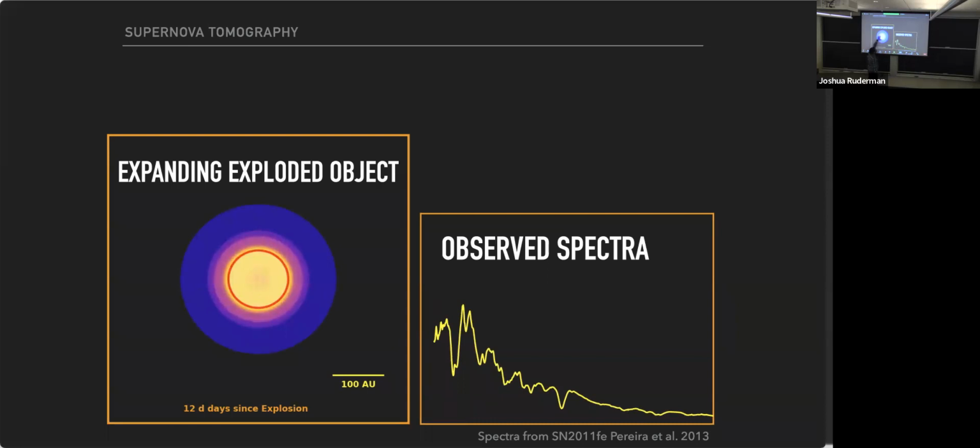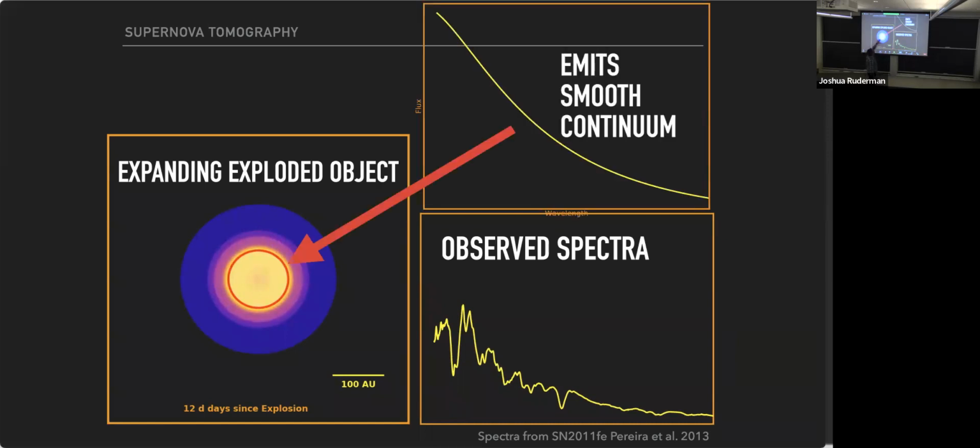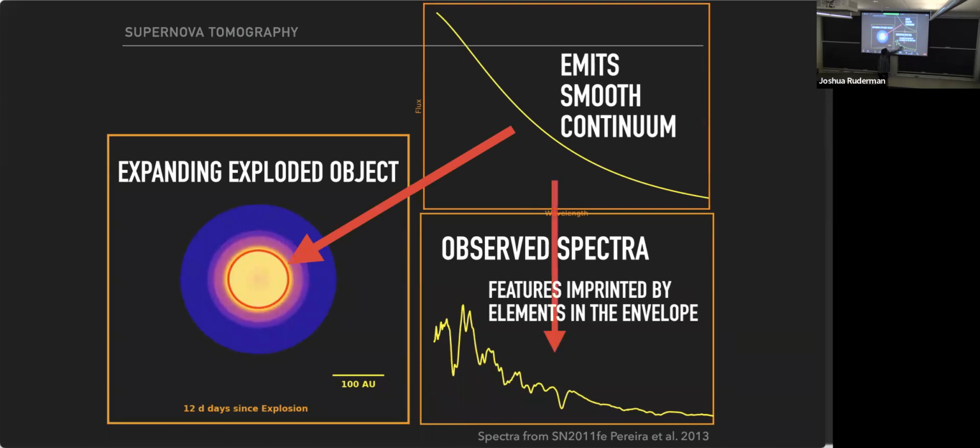As the supernova expands, both of them expand, but in mass space, this photosphere contracts in. And essentially we can approximate this as a black body. It's not quite right, but let's assume this is a black body. And then what these lines here are is features imprinted by elements in the envelope. This is a little bit more complex because you have all these P Cygni features and they're all blended together. But this is a useful thing to think about.